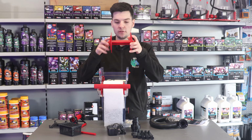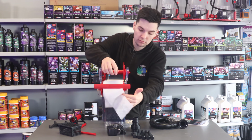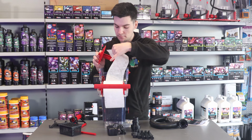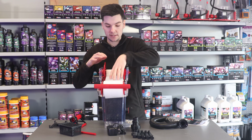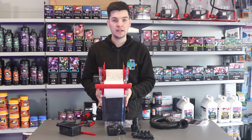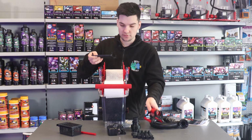So this is the next piece we need, because we've got to thread all the roll through the middle here. So grab our roll. Just goes back in there. So we've now got the roll attached. So the next part, we've got to put this retainer back in. So we need to put this part